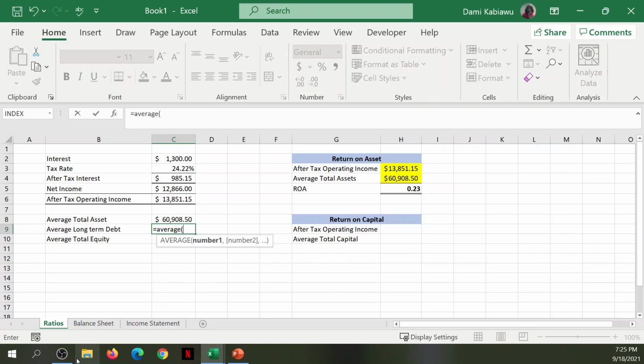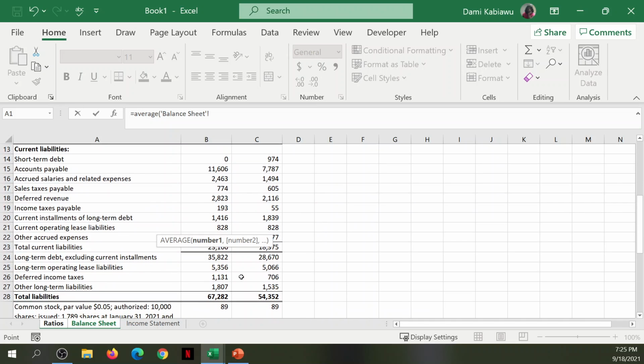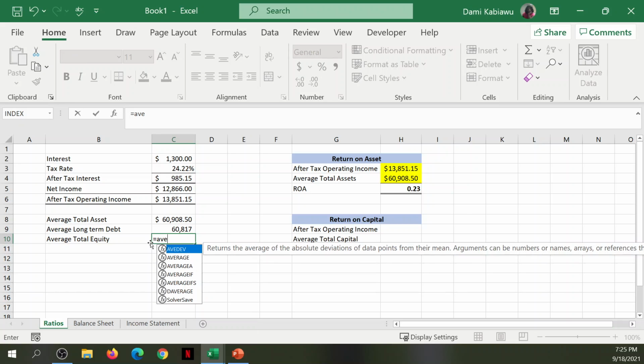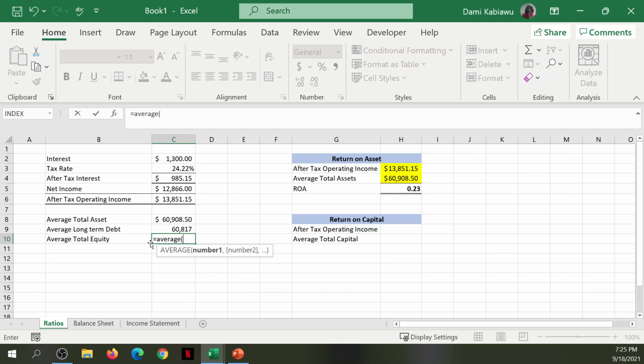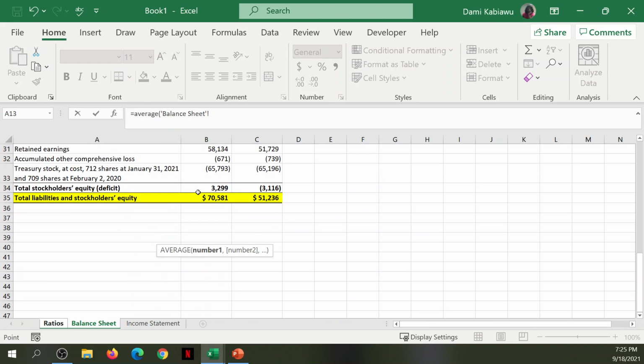We're going to go onto the balance sheet and select long-term debt. I already highlighted it, so it's easy to find. Close the bracket, press enter, and we have long-term debt. And I'm going to do the same thing for equity. Scroll down and select shareholders' equity